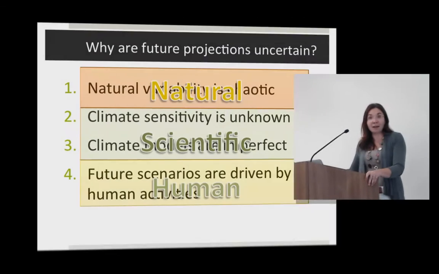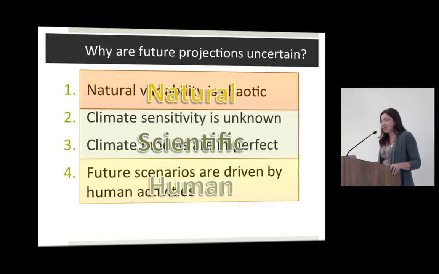All right, last source of uncertainty. And after I've gone through these four, we'll take a break for questions. If you have any questions, write them down, don't forget. The last source of uncertainty is future scenarios, and this one is big. We use a bunch of different future scenarios. These are the SRES scenarios, but the RCP scenarios cover the same range and then go a little bit lower.